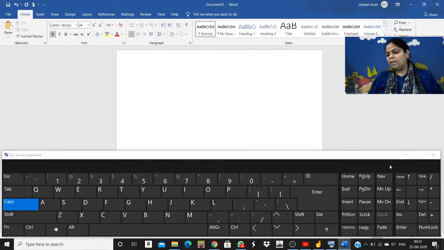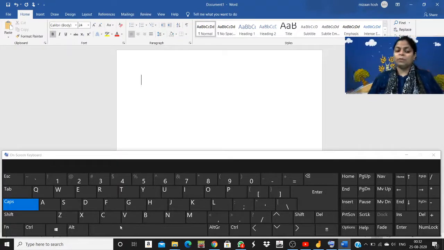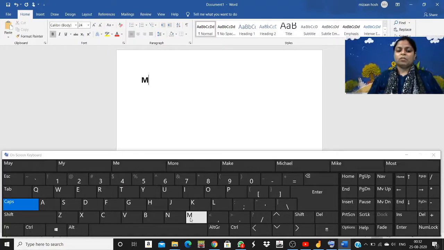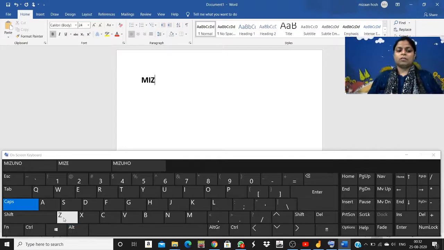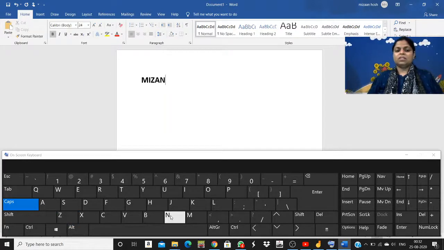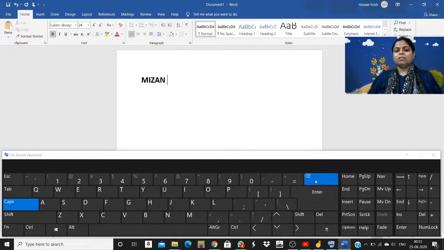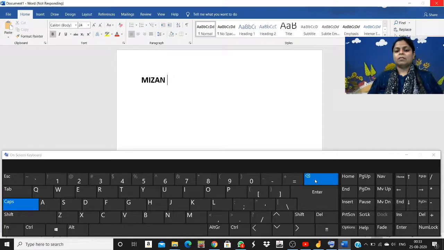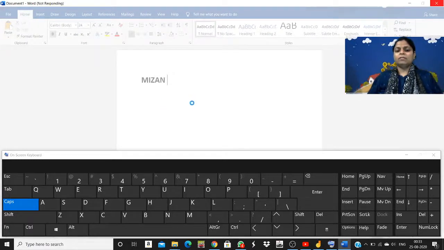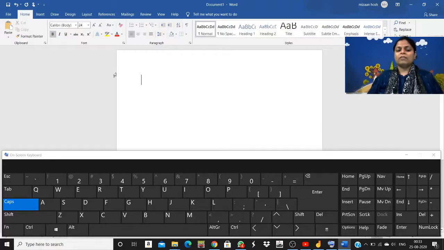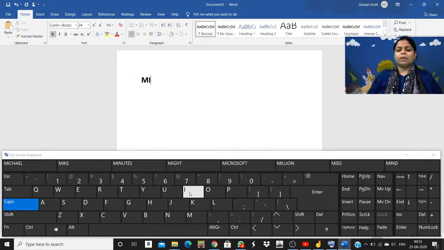If there would have been light, you would have seen, but it is not here. But you will see on your keyboard, if you have, that there is a light on the right side on the top, and that will be on as your caps lock key will be on. Now I will type my name. See, this is my name. Fine. So now I want to go back. See, I have erased all. So again I will type M-I.